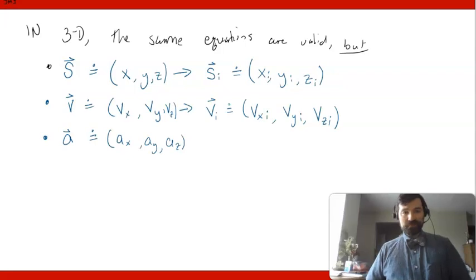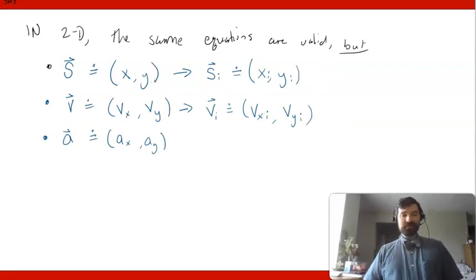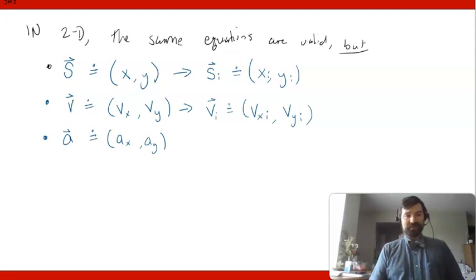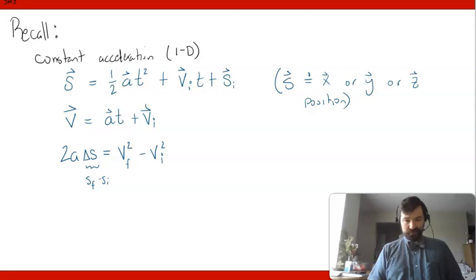Okay, so coming back again to the 2-dimensional case, what this basically means is that instead of having these 3